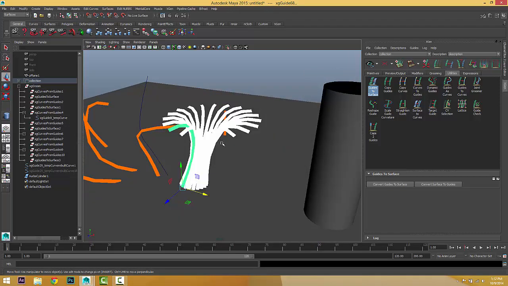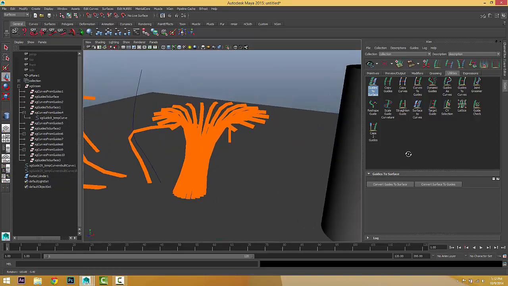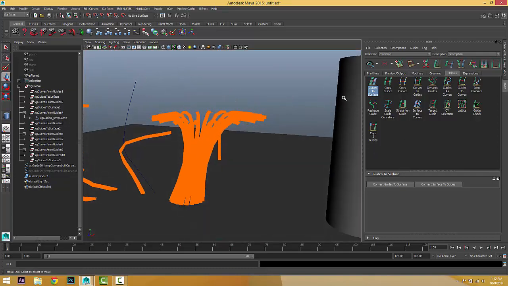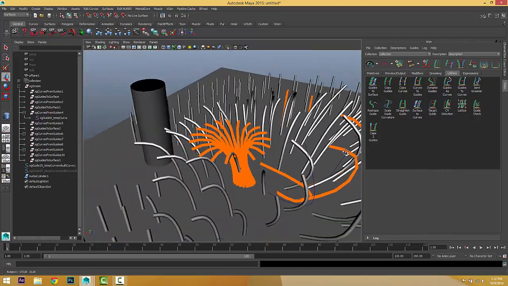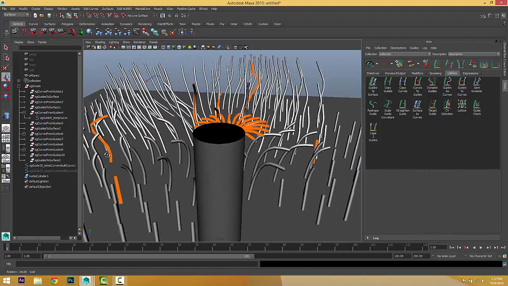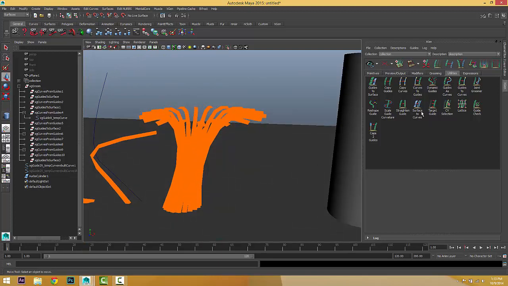So now we've got a really nice shape very quickly by converting the surface to curves, then the curves to guides, and even the guide back to a surface, and you can go back and forth. Even just updating the shape, we get some really nice shape out of these newly created guides. Okay, let's hide it.